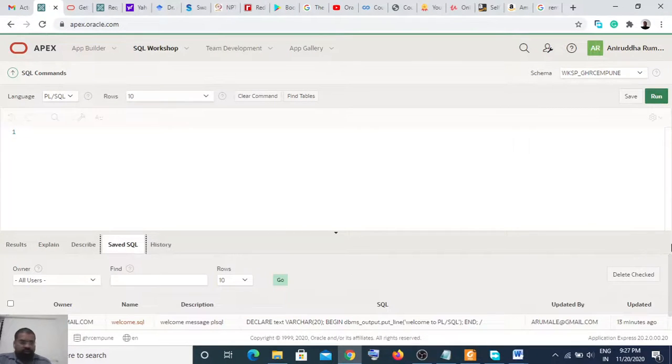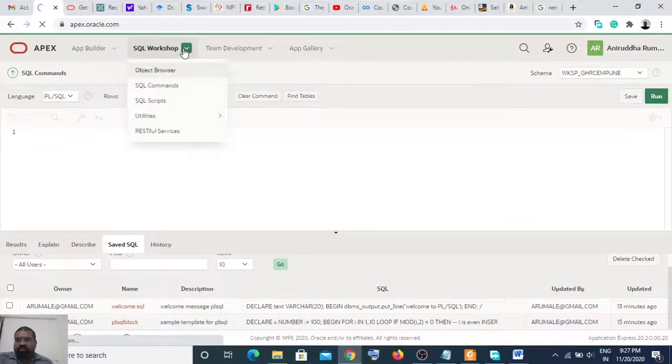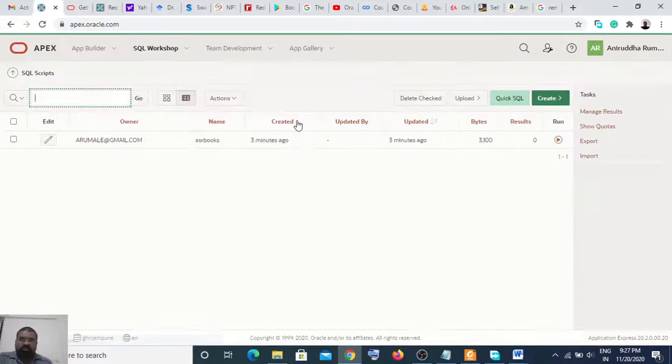So we're checking the saved SQL, the orange is PL/SQL. Okay, so we are having this script, we are saying run.